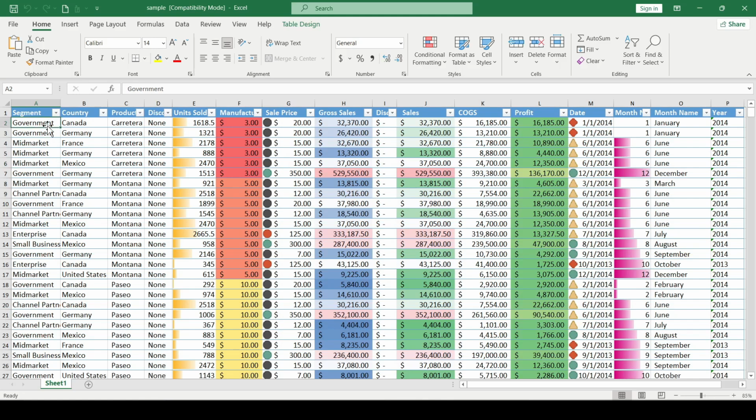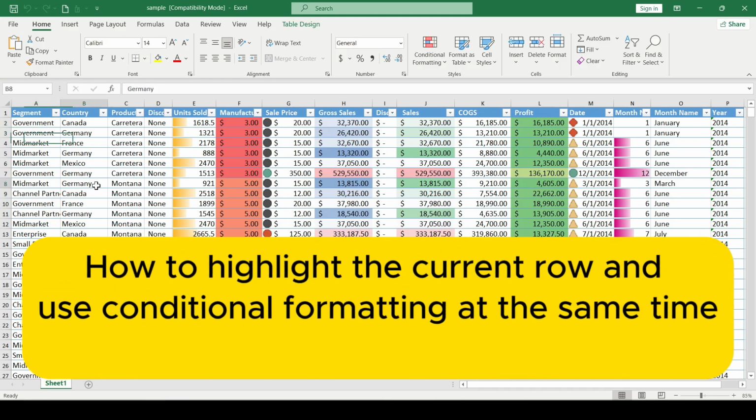Hello friends, in this video I'll show you how to highlight the current row and use conditional formatting at the